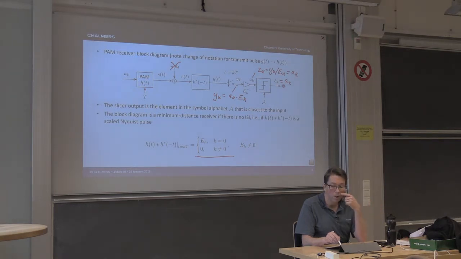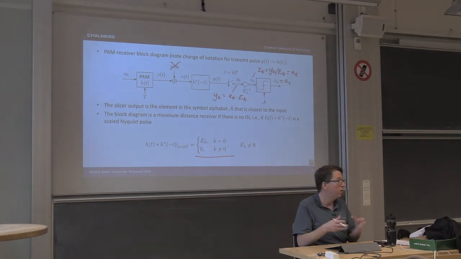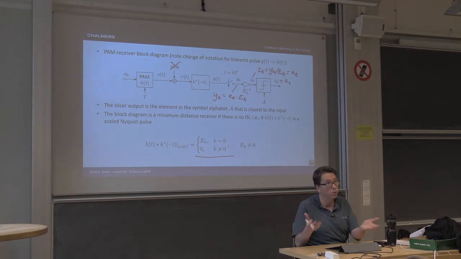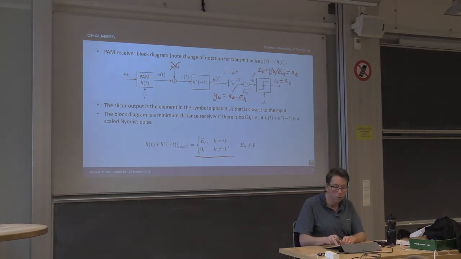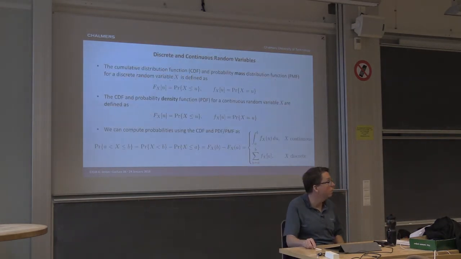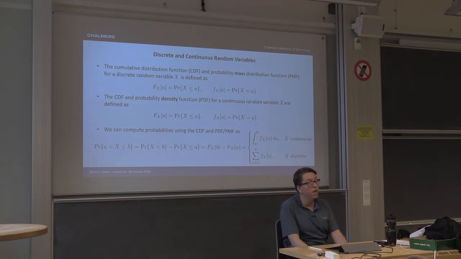So what we want to do then is to figure out what is the probability that we make a right decision, or equivalently, what is the probability that we make a wrong decision. And to do that, of course, we need to invoke theory about random things, so probability and so forth. So we'll make a little bit of a detour now for a while to explain some basic concepts in probability and